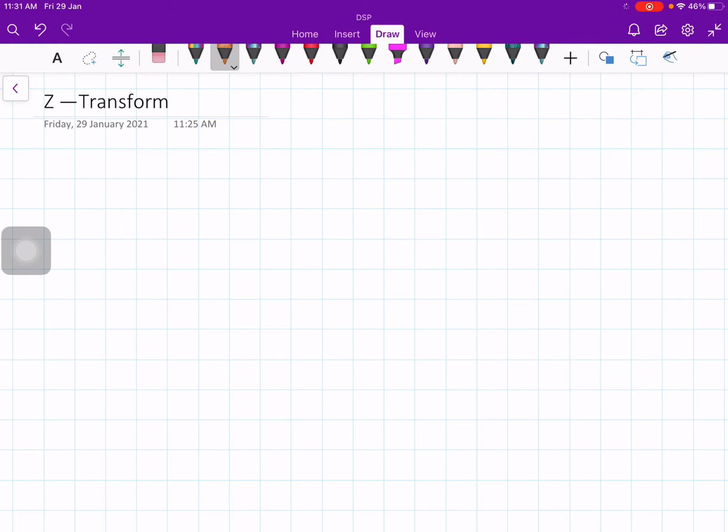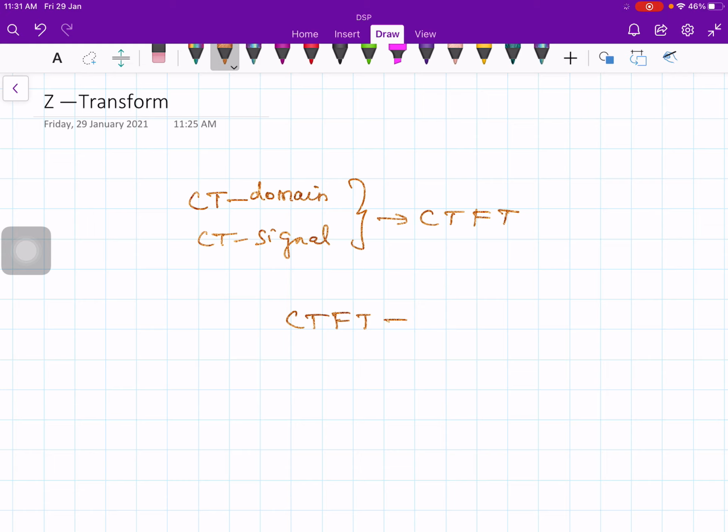In this lecture, let us discuss the Z-transform. As we know, in the continuous time domain or continuous time signal, we have the continuous time Fourier transform, and we encountered some difficulties. The difficulty is that the CTFT, continuous time Fourier transform, for a continuous time signal